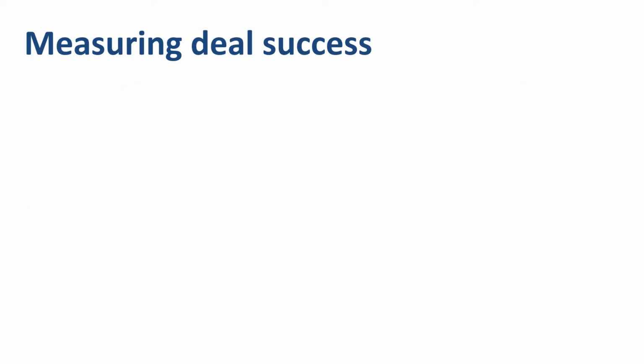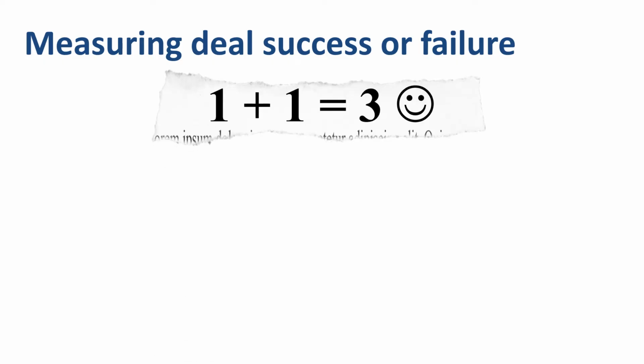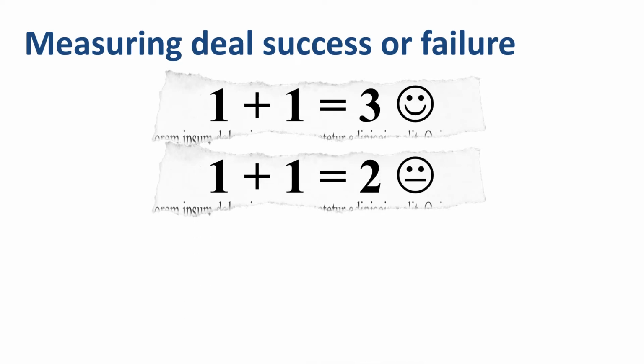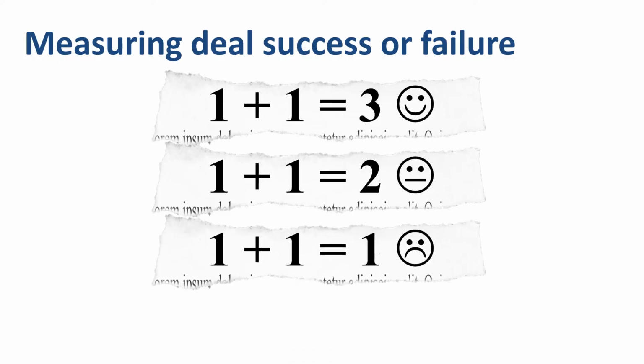How can we measure the success or failure of an M&A deal? Let's discuss 4 possible outcomes. The best outcome is for the euphoria of the deal announcement to become reality. 1 plus 1 actually turns out to be 3 over time. The whole is bigger than the sum of the former parts. It could be that 1 plus 1 turns out to be just 2. No value added or lost from doing the M&A deal. Worse, 1 plus 1 could turn out to be 1. The whole is smaller than the sum of the former parts.